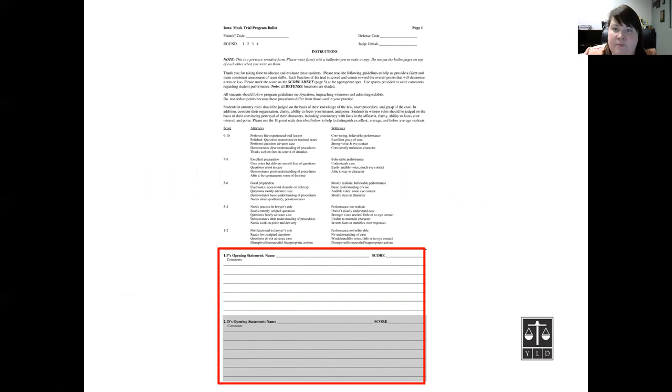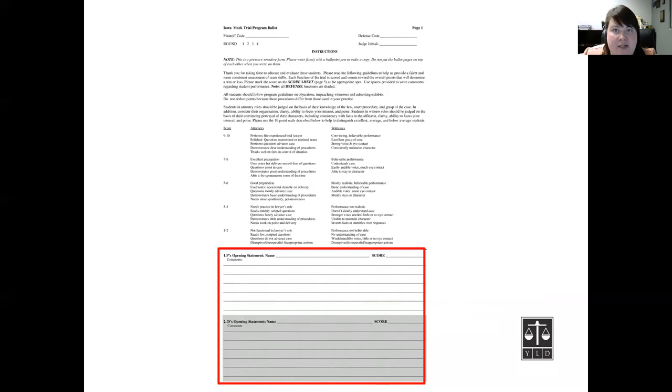So this is a sample of our old paper ballot. We're not going to run through this in depth because this briefing is primarily going to be used for Zoom rounds, because we do in-person briefings for in-person rounds as much as possible. It does have space for score, for the name of the student, which the students will fill out, and then it also has a space for comments.